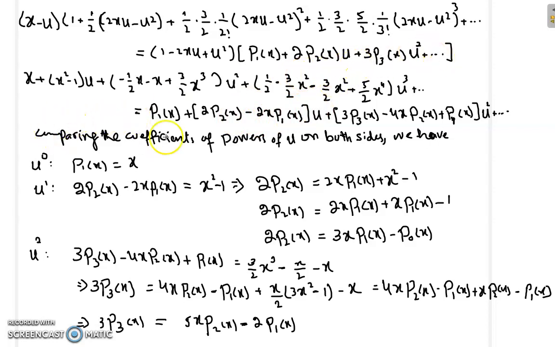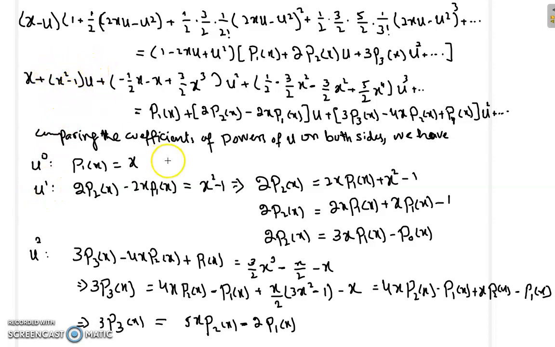series. So now we have to compare the coefficients of the power of u on both sides. So we have started it from here: x, next is u1, u squared, u cubed, and so on. And similarly on the right side, u1, u2, and so on. But here is u0, and here is also u0 with this p1. So for u0, or u power 0, p1 is equal to x, and for u1,